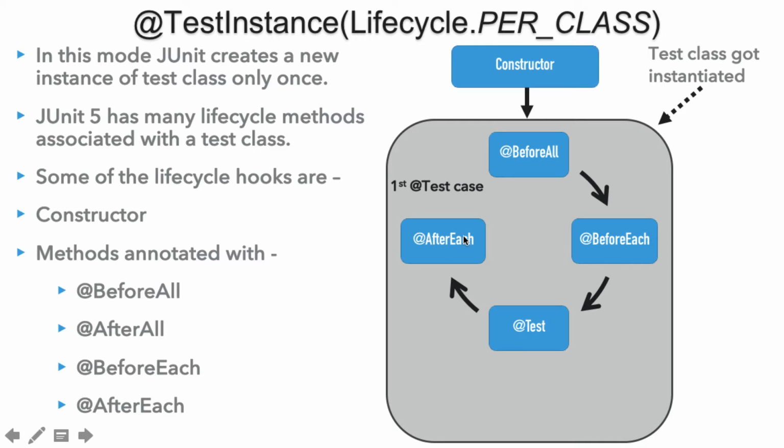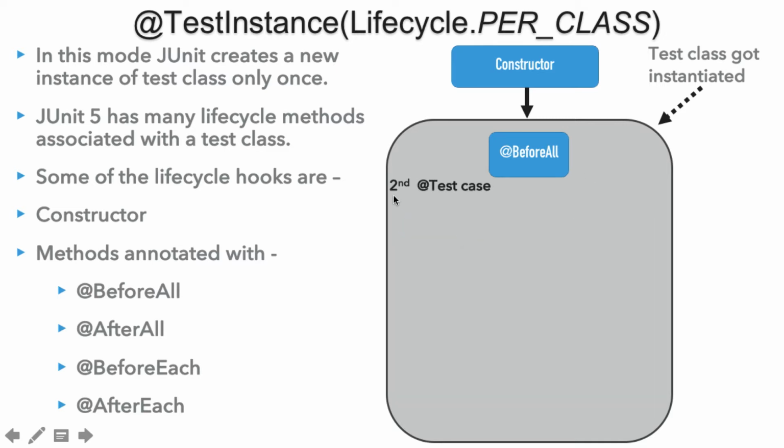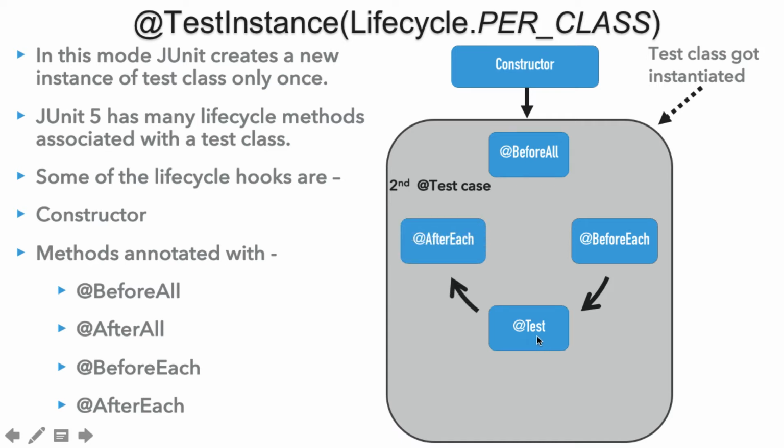After it finishes, JUnit picks up the second @Test. It again calls @BeforeEach. Then it executes the second @Test. And then it executes @AfterEach. And once it finishes @AfterEach, the framework sees that there are no more @Test methods. So then it simply calls @AfterAll, because this annotated method gets executed after all the methods have been executed.